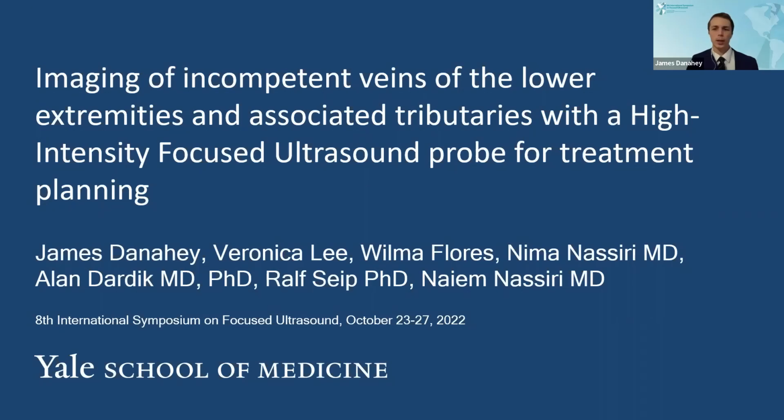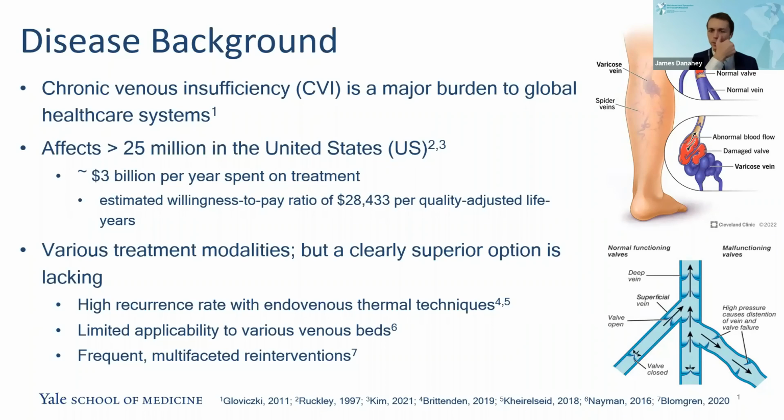My name is James Danahay, and today I have the privilege of presenting on the work led by Dr. Naiem Nassiri to investigate the imaging and treatment capabilities of high-intensity focused ultrasound as it relates to incompetent veins of the lower extremities. Chronic venous insufficiency is a condition that affects the venous system in the lower extremities and causes